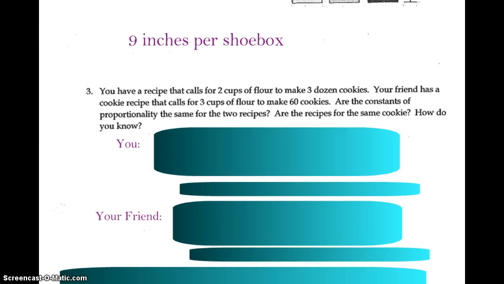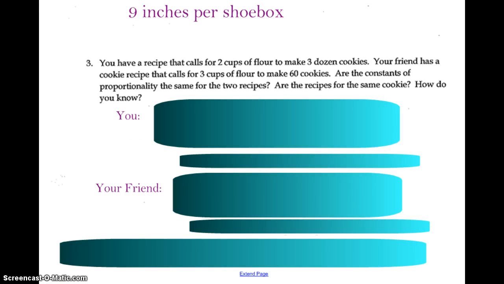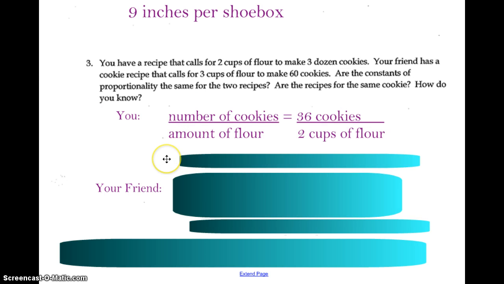Question 3 says you have a recipe that calls for 2 cups of flour to make 3 dozen cookies. Your friend has a cookie recipe that calls for 3 cups of flour to make 60 cookies. Are the constants of proportionality the same for the 2 recipes? Are the recipes for the same cookie? How do you know? So for your recipe, we would take the number of cookies divided by the amount of